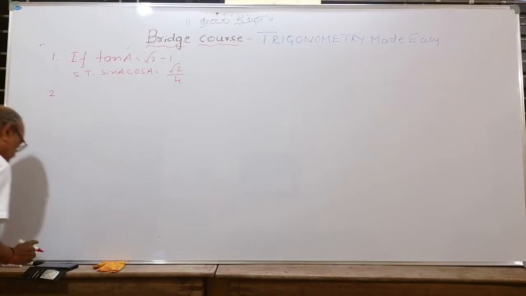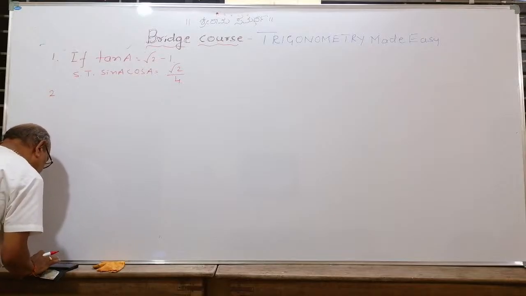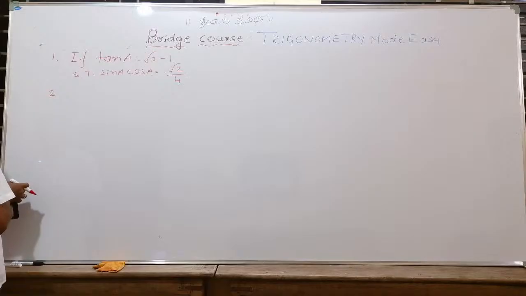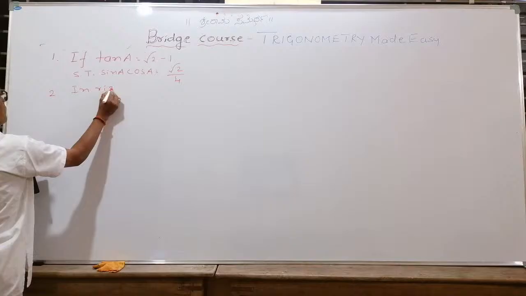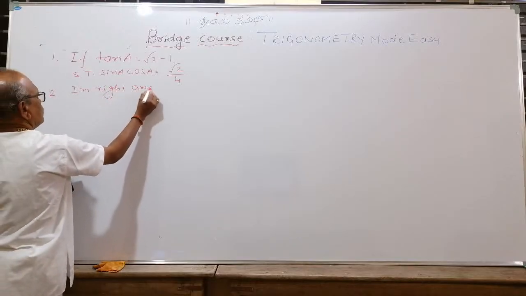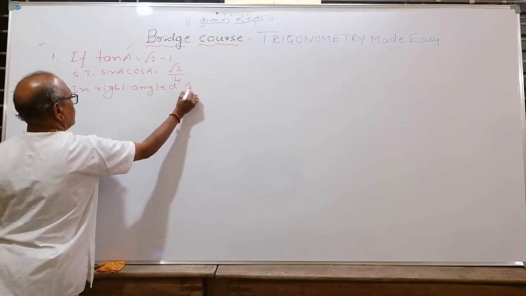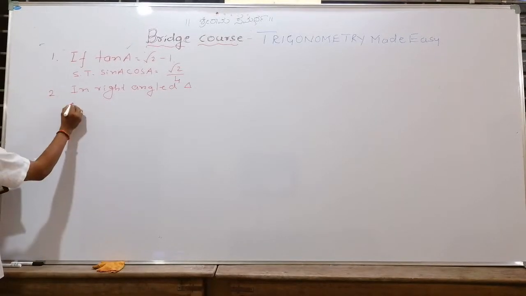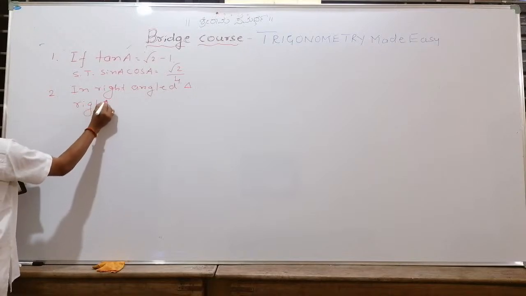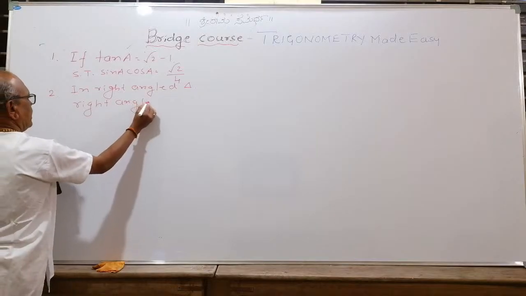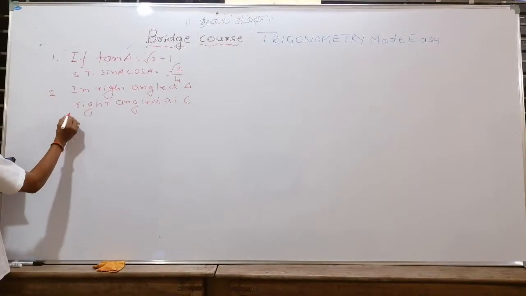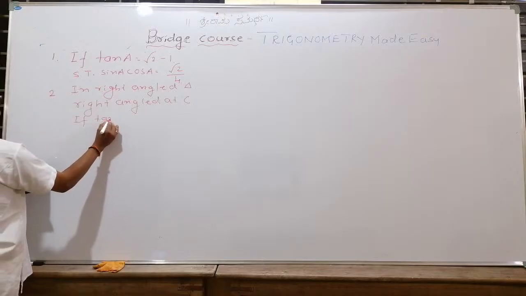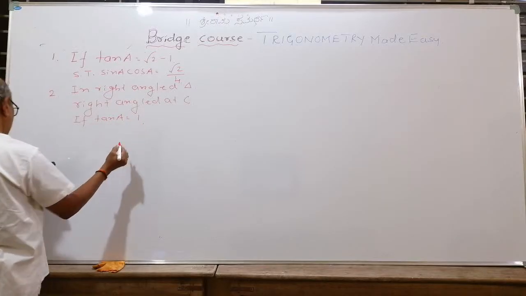Second question was, in a right angle triangle, right angled at C, if tan A is equal to 1, then verify that